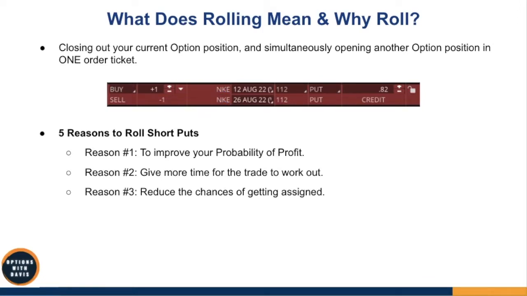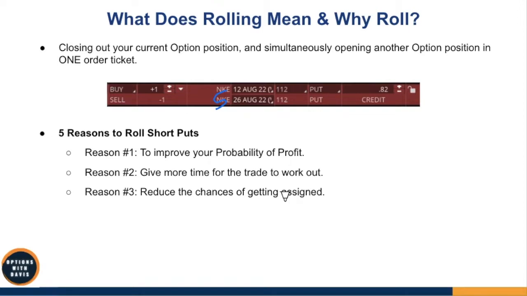Now the third reason is to reduce the chances of getting assigned. So this is one of the biggest worries or concerns that many people have when they are selling options, is that they're getting assigned. So in this case, with a short put, when you're assigned on the short put, it means that you'll be buying 100 shares of the underlying stock per contract. So when you increase the time length from 12 to 26 or to however far away the expiration date is, you reduce the chance of getting assigned, because normally people wouldn't want to exercise their option until it's much closer